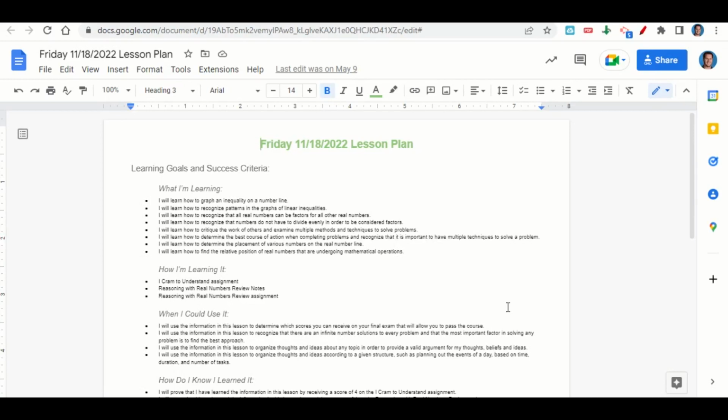We're learning how to graph an inequality on the number line, how to recognize patterns in the graphs of linear inequalities, how to recognize that all real numbers can be factors of all other real numbers, to recognize that numbers do not have to divide evenly in order to be considered factors, to critique the work of others and examine